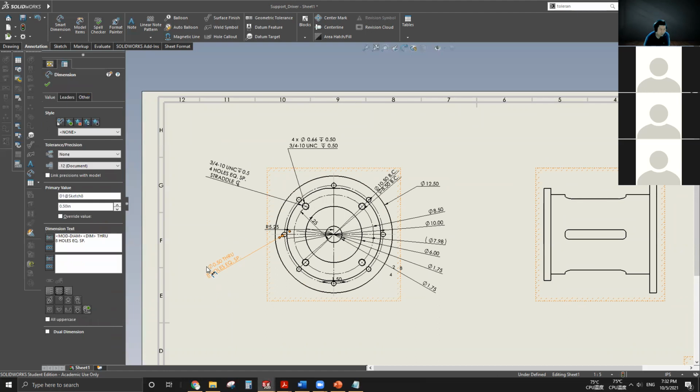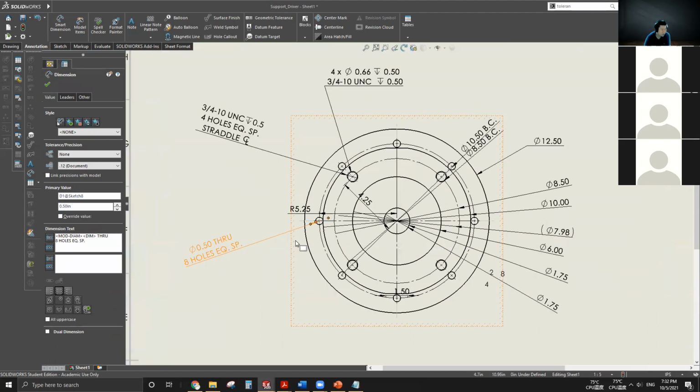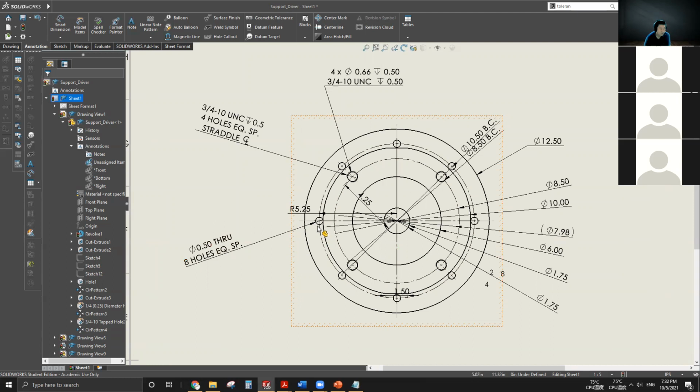In the advanced drawing, you will need to specify what the feature is. For example, this hole. When we make this hole, we only say, okay, it's 0.5 diameter. And